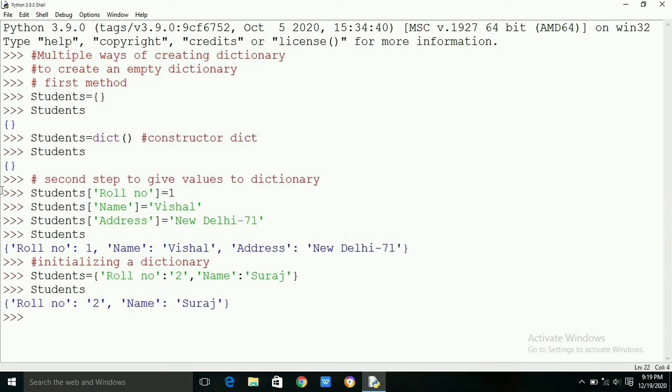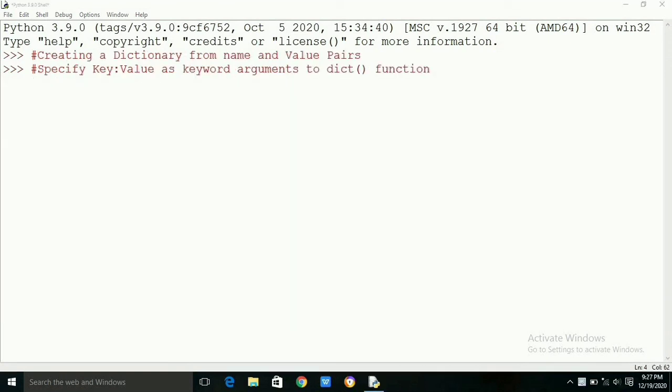Now we'll see creating a dictionary from name and value pairs. Here we are specifying key value pair as keyword argument to dict function. students is equal to dict within bracket roll number is equal to 2, name Suhani, session is 2020 to 2021.